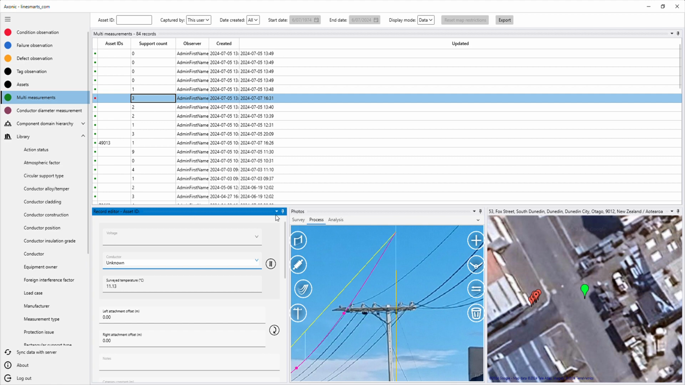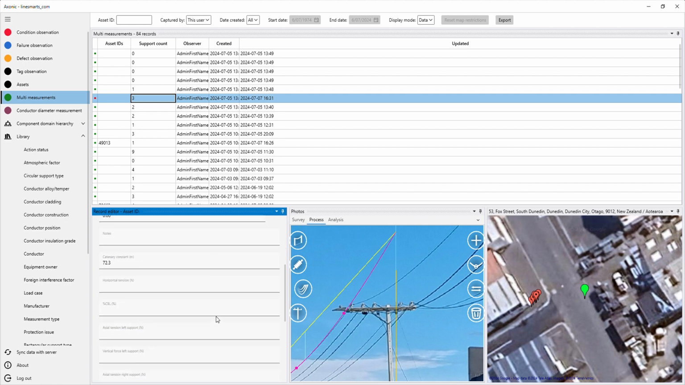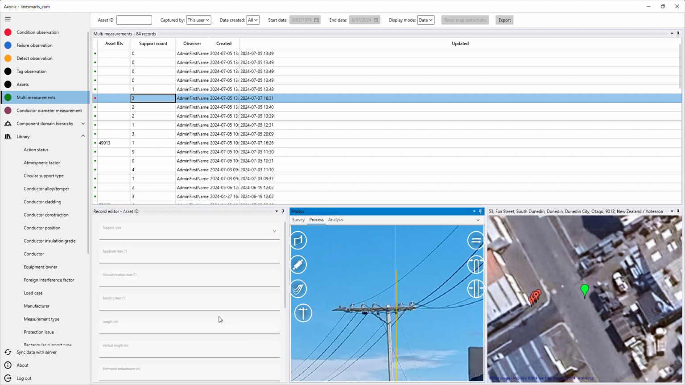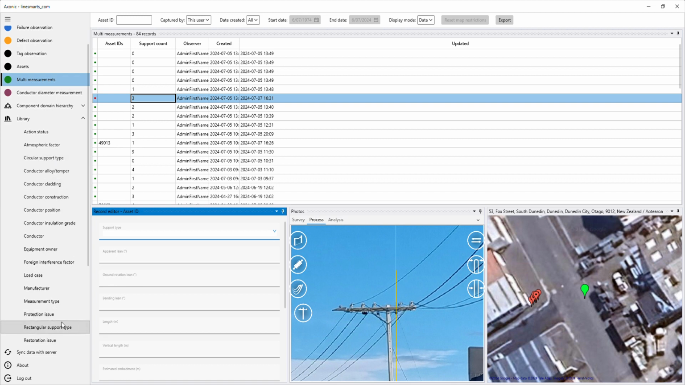Now in the same way, if we scroll down, we've got a support type that we can select from. These are the pole types. So to manage this, we can go into these libraries again here, and we'll have circular support type, and down below we've got rectangular support type. So if we look at, say, the rectangular support type,